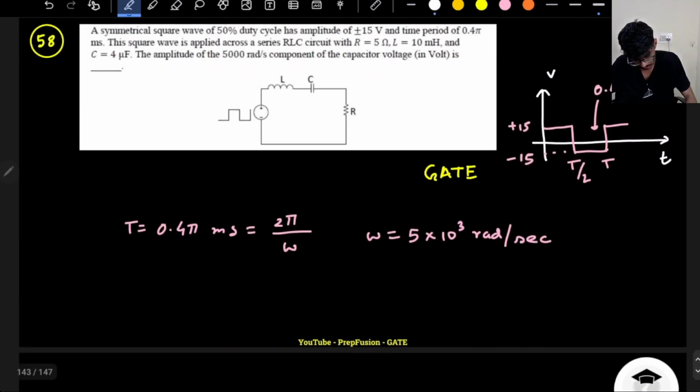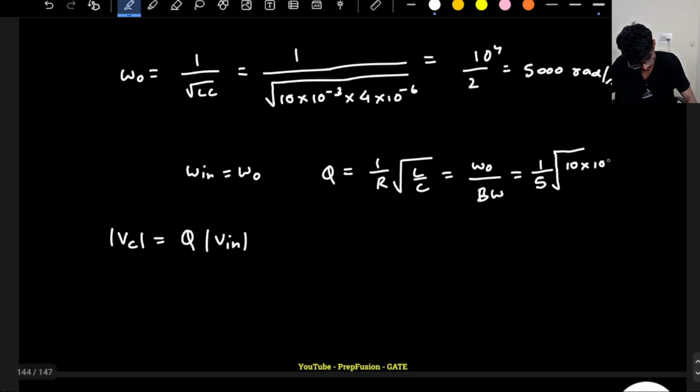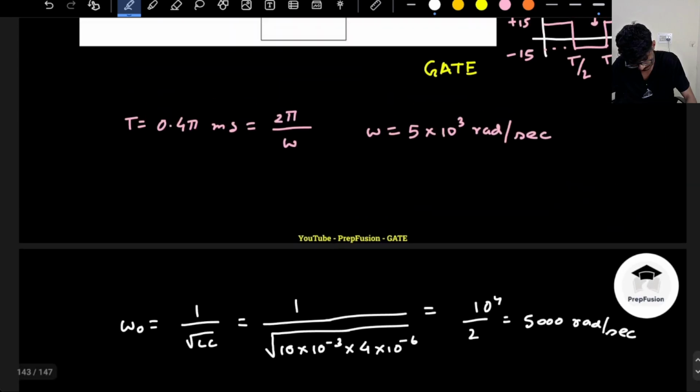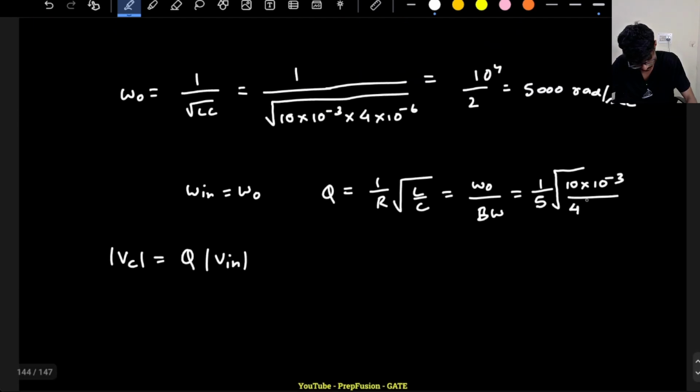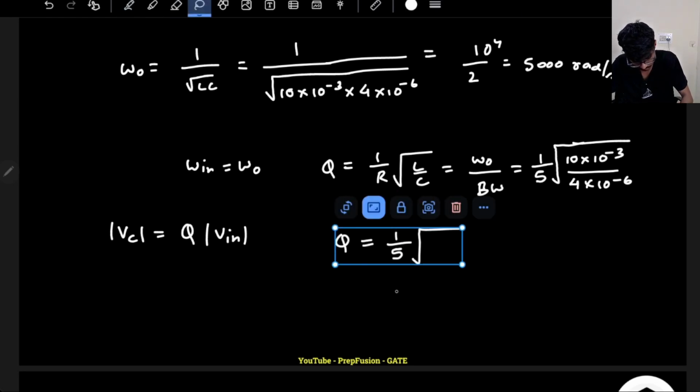And L is 10 millihenry by 4 microfarad. Okay, so Q will be equal to 1 by 5 under root,